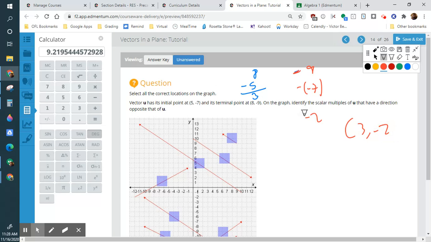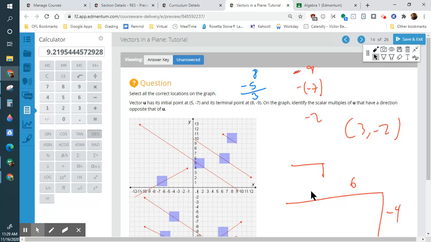So identify ones that would have that multiplication. So in other words, it wants it to have the same degree. So for example, it could go right 3 down 2. It could also go right 6 down 4. It could even go right 9 down 6. So let's take a look here. So we know,